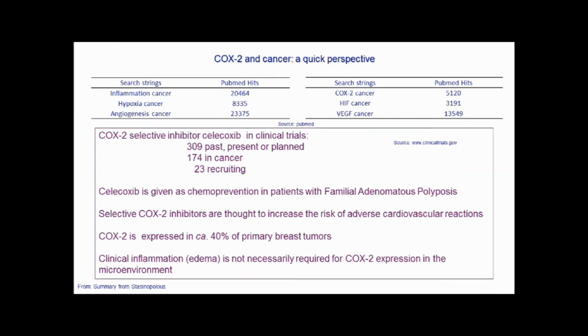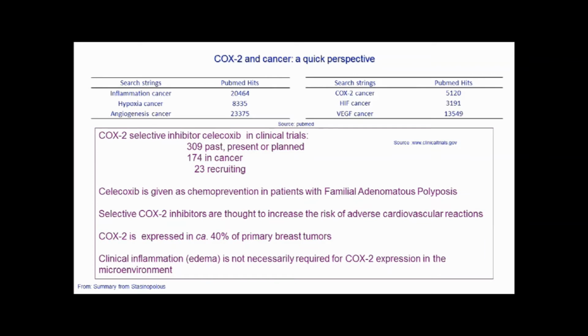And so if you do a quick literature search, if you search inflammation and cancer, you have about 20,000 hits. And then if you look at COX-2 in cancer, there are about 5,000 hits, even more than HIF in cancer. And of course, there's a great deal of interest in the role of cyclooxygenase 2 in cancer. And there are several clinical trials that are ongoing and that have occurred in the past. They have mixed outcomes, but part of it is that these